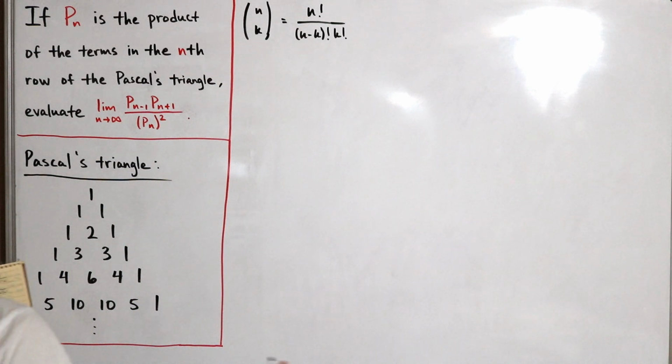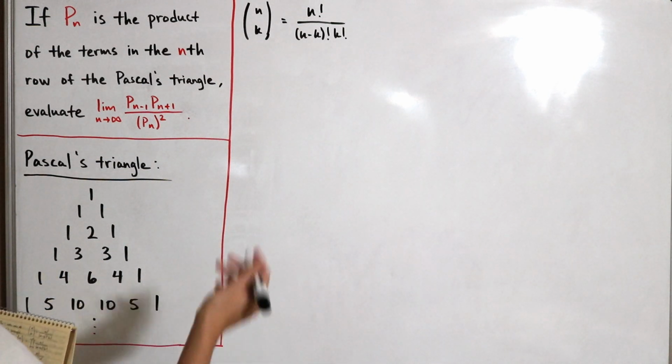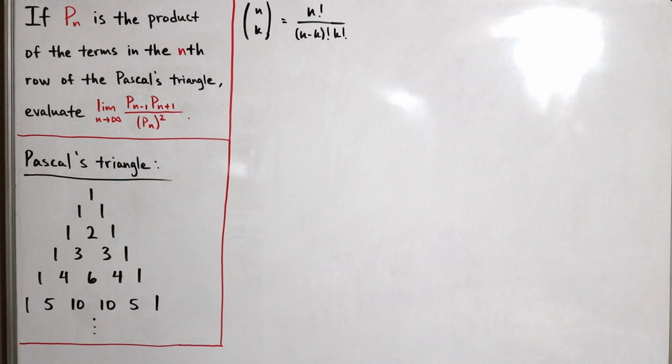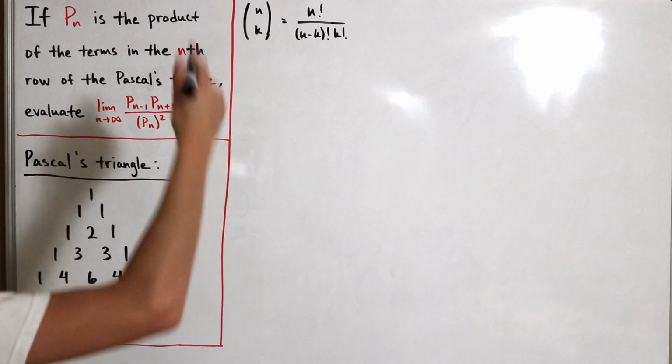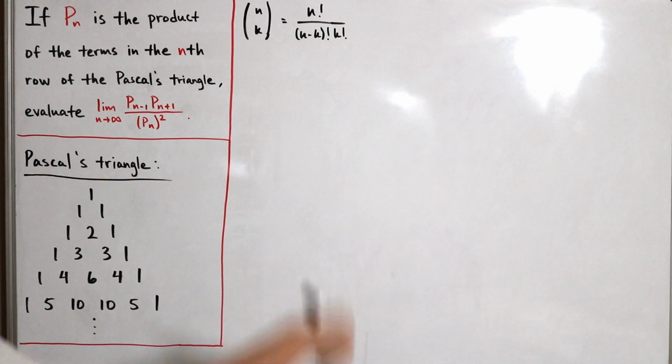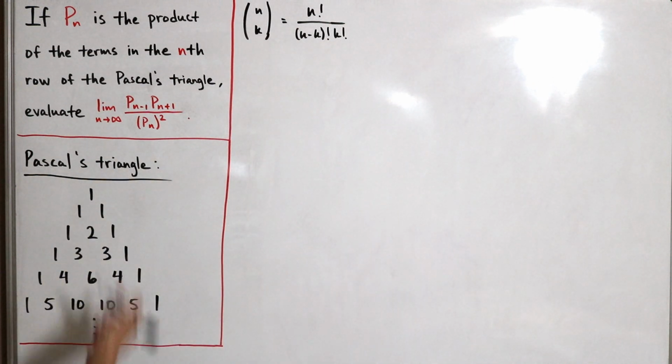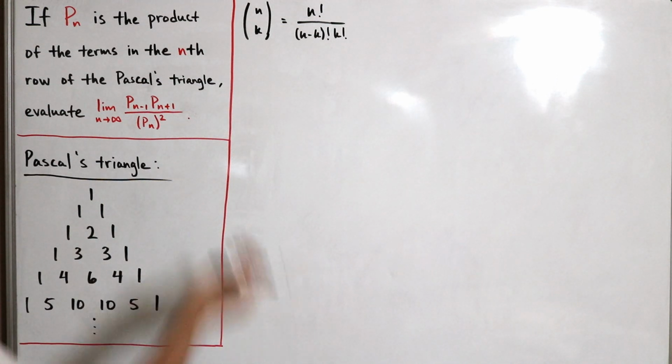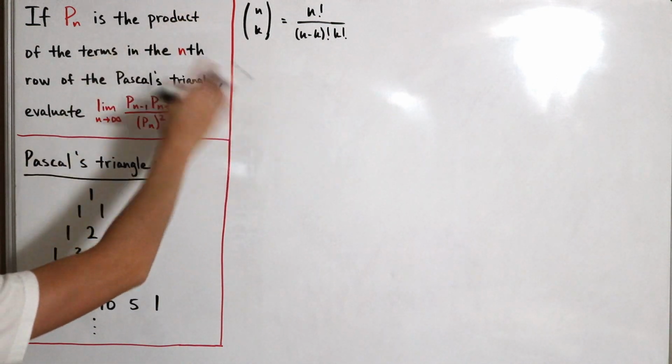But we see that it's multiplied with x to the power n minus k times y to the k, and that's how we get those binomial expansions with the n exponents. But we're not really going to pay attention to that. I just want to give some intuition of how that's usually defined with Pascal's triangle. But since we're asked for P sub n as the product,